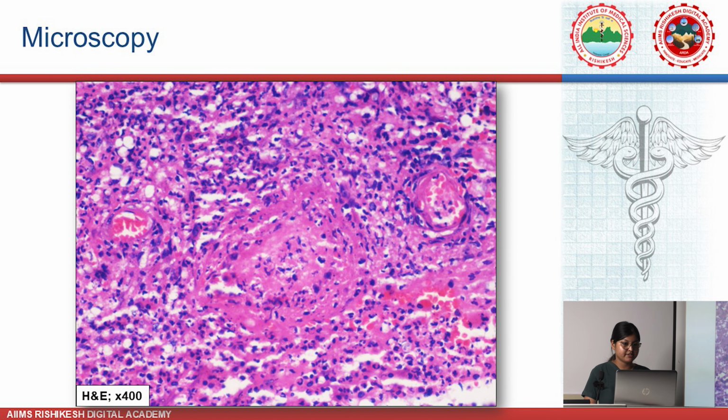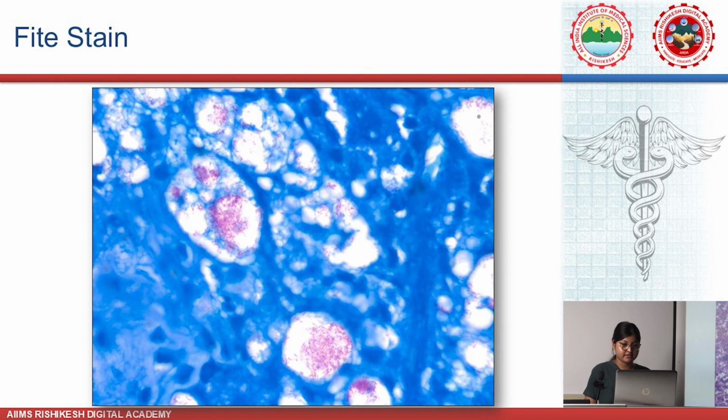This focus is showing a blood vessel which has a thickened wall, comprising very bright pink amorphous fibrin-like material, and we can also appreciate neutrophils in and around the blood vessel. Basically, this blood vessel has undergone fibrinoid necrosis, and there were many such vessels in this section. The acid-fast stain highlighted multiple clusters and globi of Mycobacterium leprae bacilli within these foamy histiocytes, as we can appreciate here. These are the Virchow cells containing numerous Mycobacterium leprae bacilli.